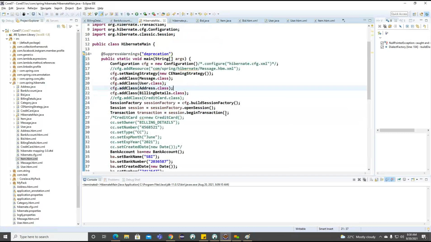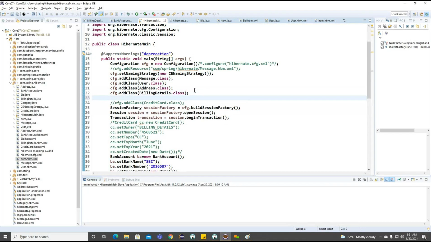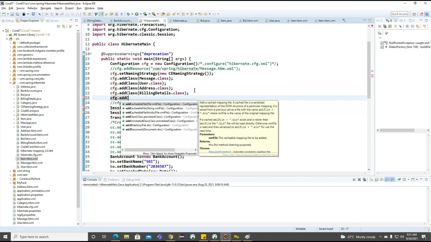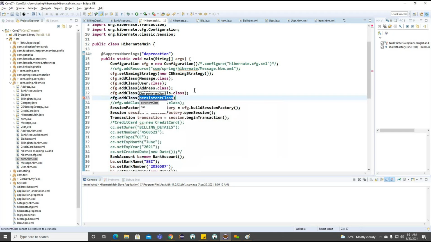Okay, now what we can do, we'll create an example here. So to create an example, first what we need to do, here we need to go for the cfg dot add class. Here we need to provide the add class here. So what is the add class we can provide?